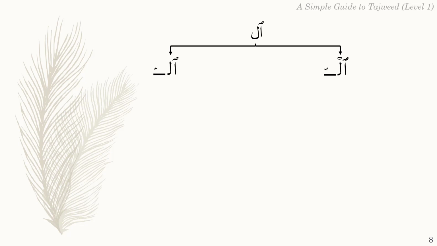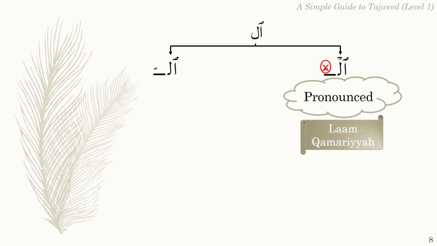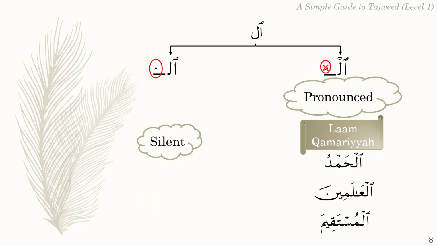If Laam At-Ta'reef has a Sukoon sign on top and the following letter is not mushaddad, we pronounce it, and the Lam is called Lam Qamariya. For example, الحمد، العالمين، المستقيم. But if Laam At-Ta'reef has no Sukoon sign on top and the following letter is mushaddad,